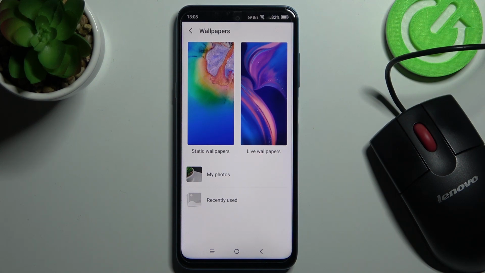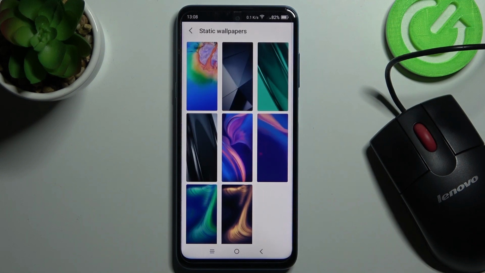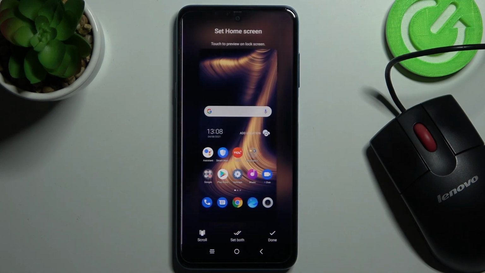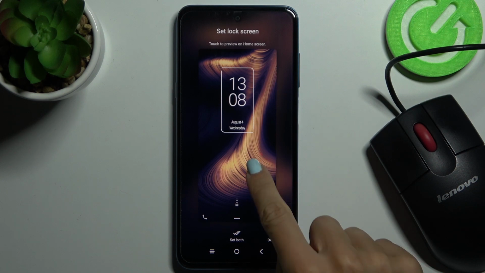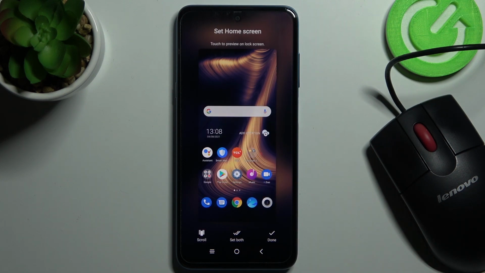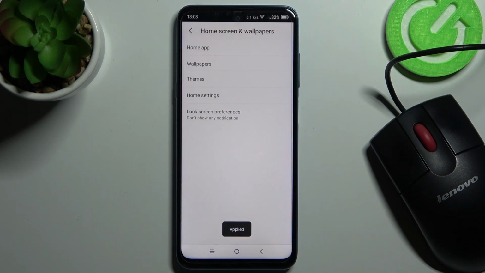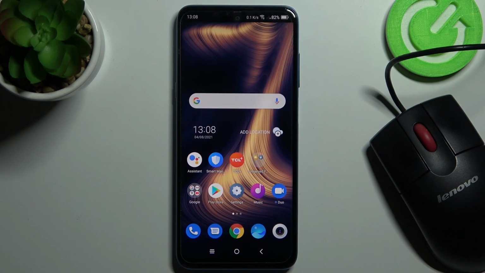And now you can pick either static or live wallpapers, it's up to you. You can also choose one from your own photos. I will go with static wallpaper, it can be this one. Here you can check how it will look like on both lock and home screens, and tap on done to apply it. As you can see, your home screen has been changed. So this is it, this is how you can change